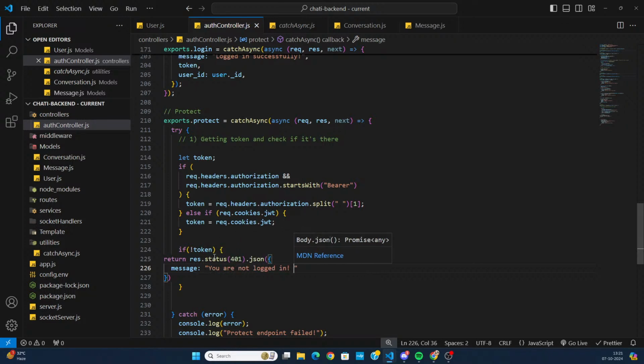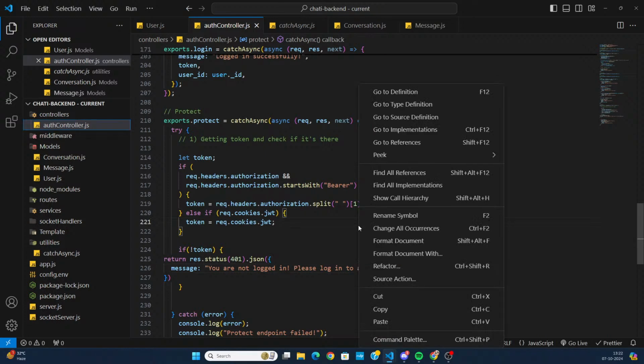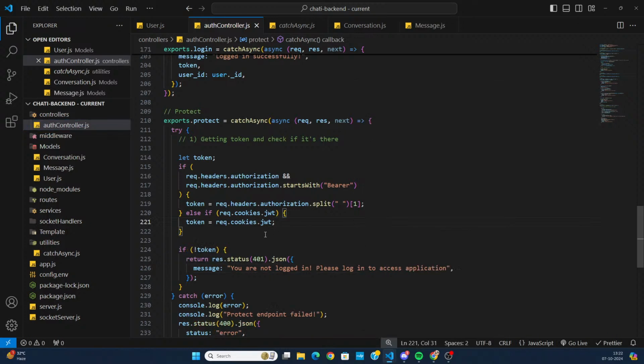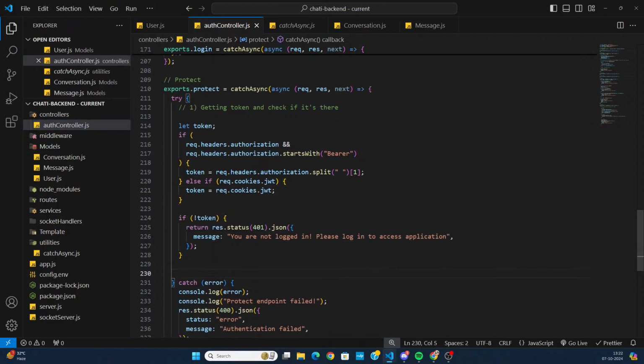You are not logged in. Please log in to access application. Okay, so this is what we are going to tell our user, that since you are not logged in, you must log in before you try to access our application. Okay, then after this, we are going to do the second step, which is, since we have got the token,